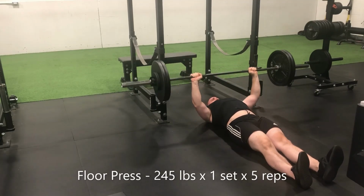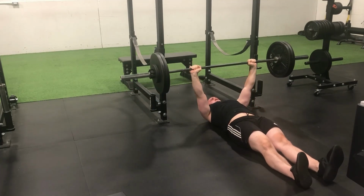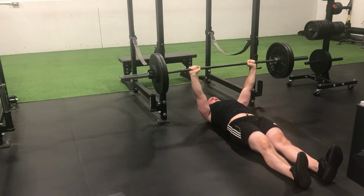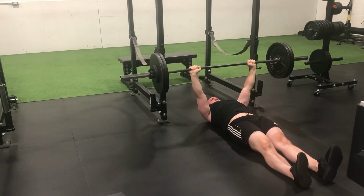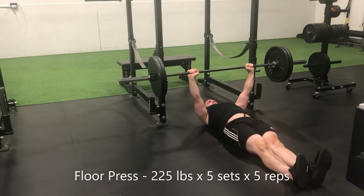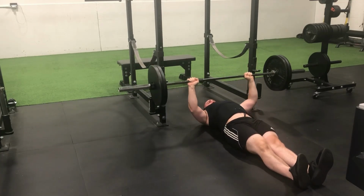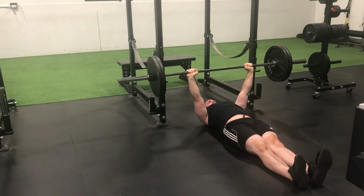This week we started off on the floor press, 245 pounds for a set of 5 repetitions. A little bit of a struggle here, but the pressing felt much more symmetrical, which is encouraging because I didn't feel like my right arm was doing all of the work the entire time. Only a little bit as fatigue set in on the top end set and near the final couple of repetitions on the final set of the back off work I did here with 225 pounds for 4 sets of